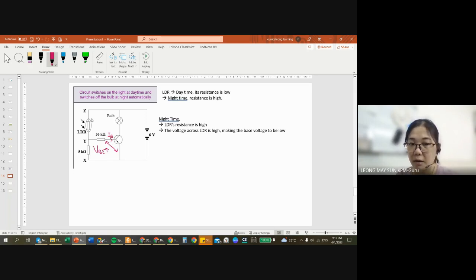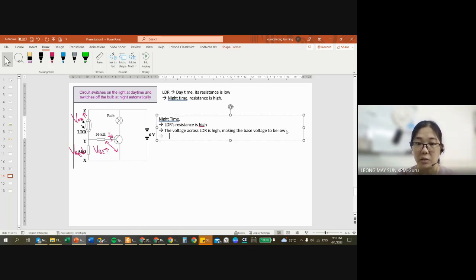Now the LDR is placed on top. At night time, the resistance of the LDR is high. So if the resistance of the LDR is high, which means the potential difference across the LDR is also high, which will cause the potential difference across the base, which is at the bottom circuit, to drop. All right. So that's why the base voltage is low. So when the base voltage is low,